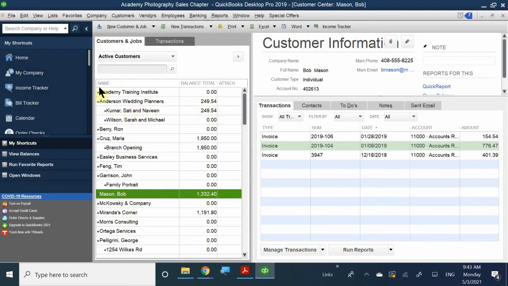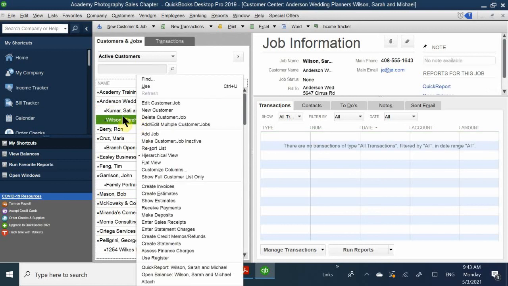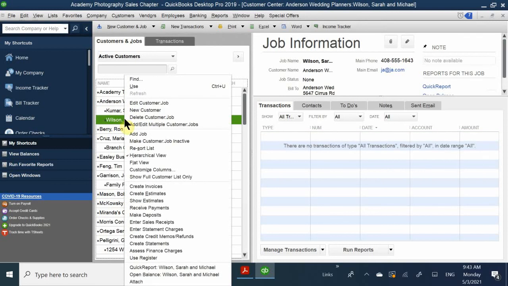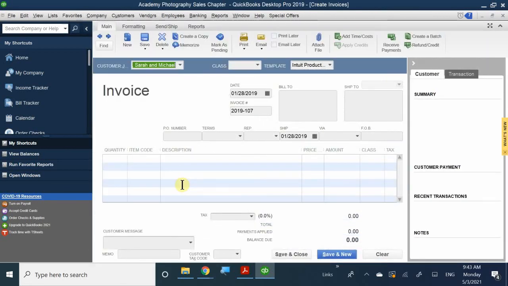So I'm going to create an invoice for Sarah and Michael, and I'm going to show you how to do that. So, create invoices right here. Okay, so here we are. It says right here, this is the Anderson wedding planning for